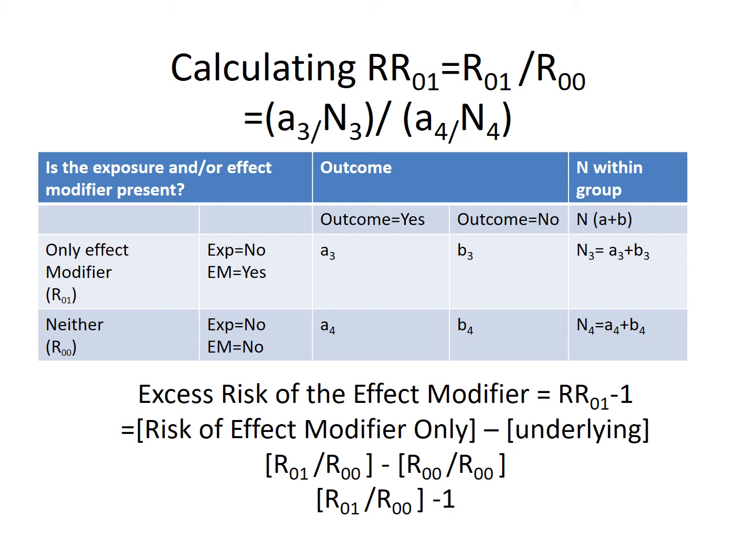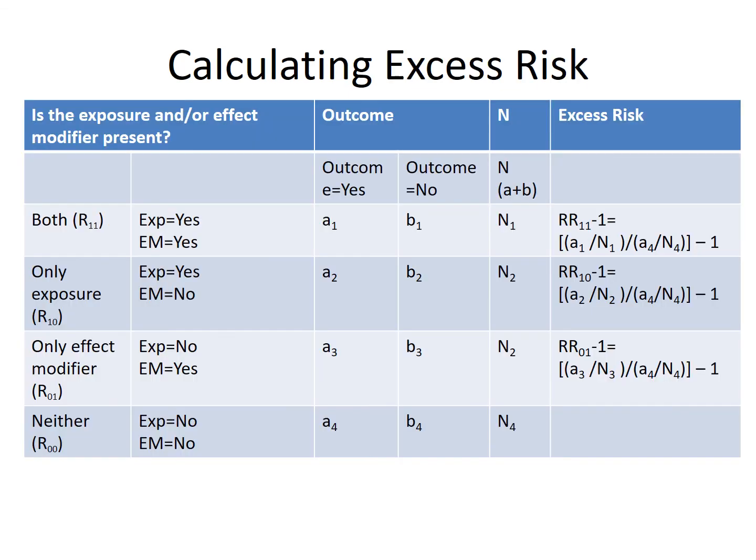So in other words, the kids who were not bullied and who were not urban, the rural not bullied kids, the A4 over N4. And so to get that excess risk of the exposure of the effect modifier only, you're looking at the R01 divided by R00 condition in your table, and then subtracting out the 1. So when you see this all in a row, what you can see is the excess risk is the final column I've added to this table, which is to say you can look at that by looking at